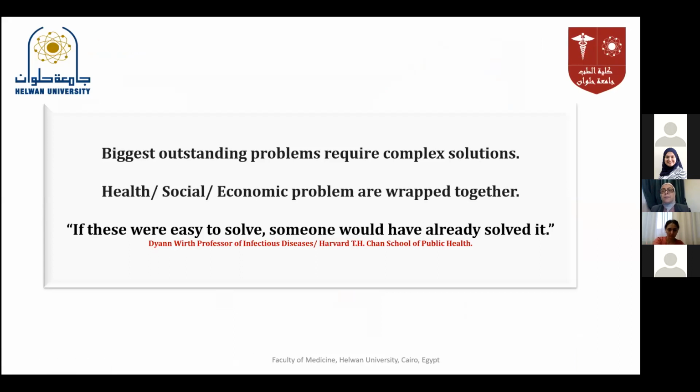So the health problem is not only a health problem. When I speak about breast cancer, it's not only about a malignancy. It is a health problem, a social problem, and an economic problem. These problems are complex and wrapped together. When you speak about Duchenne muscular dystrophy, or Alzheimer's disease, all these are not merely health problems. They are not merely diseases, but complex problems. And as they are complex problems, we need to go through the interdisciplinary and transdisciplinary